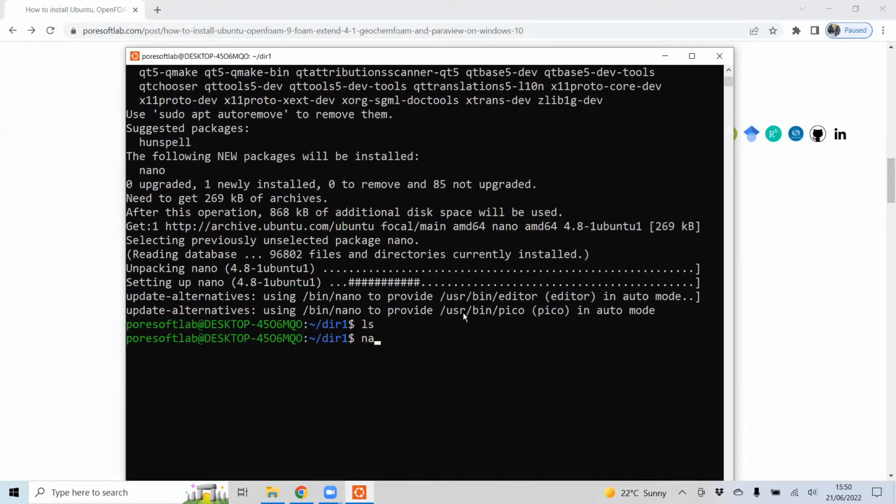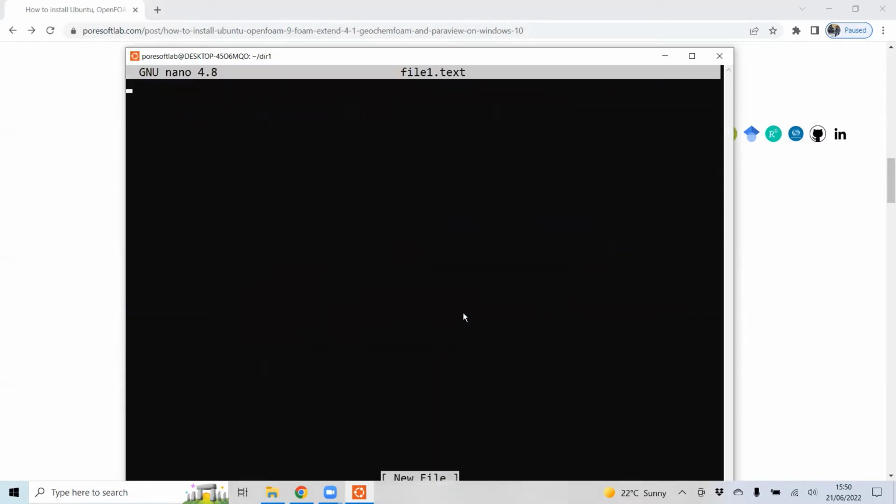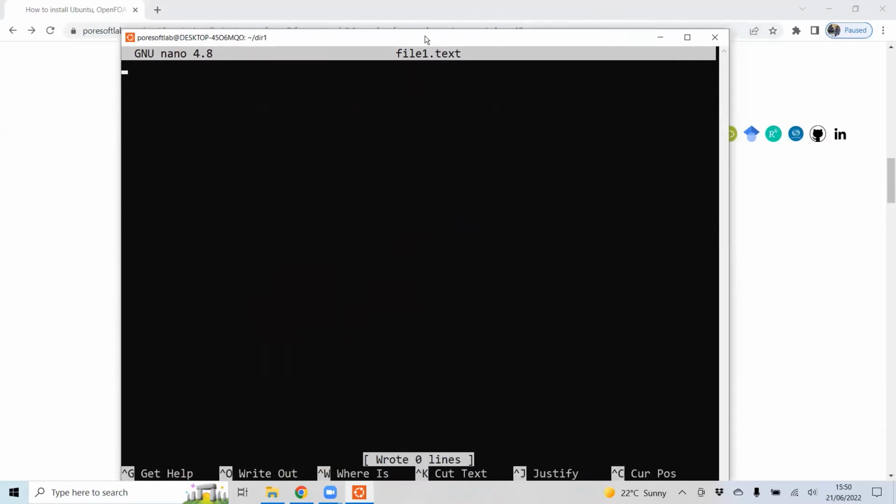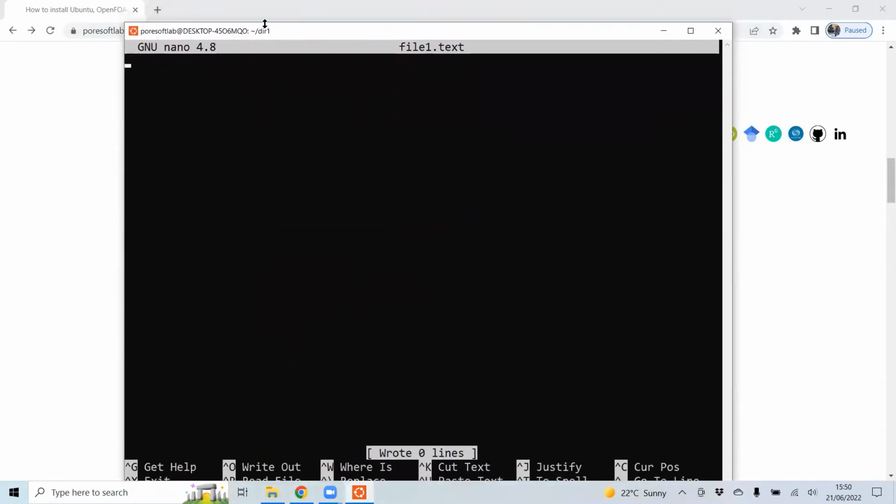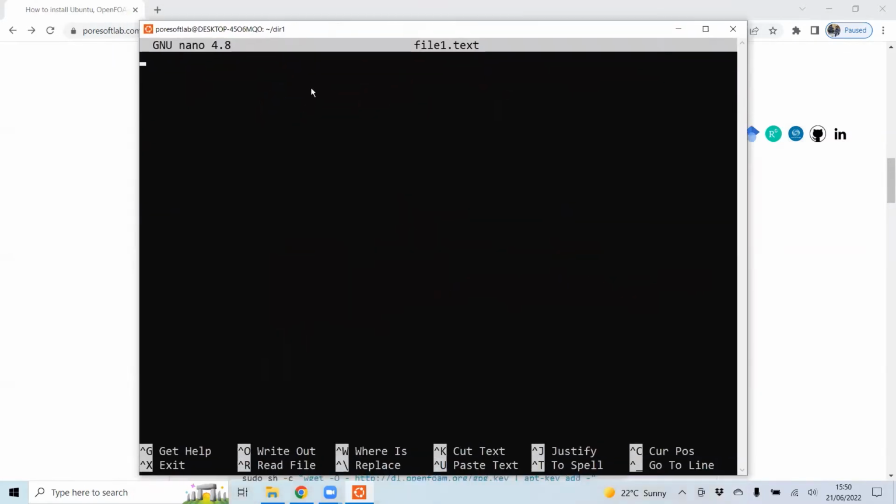Now I want to create a text file with the name file1. I will type the command nano file1.txt, and then I can type something inside it.